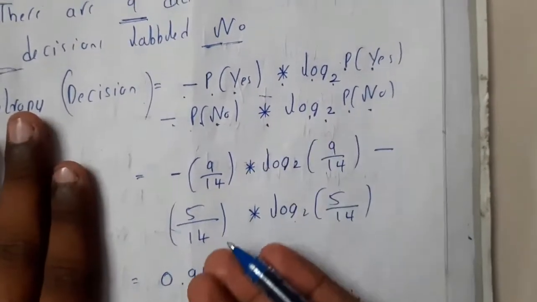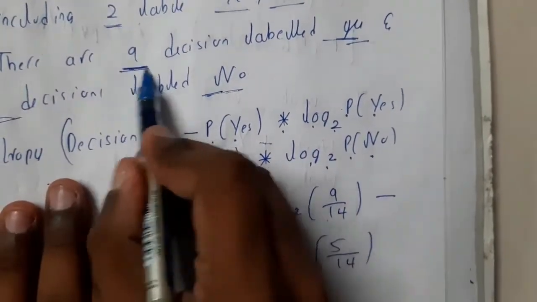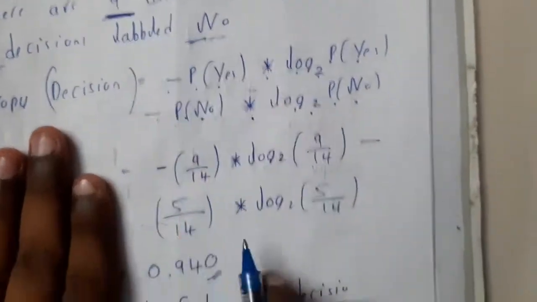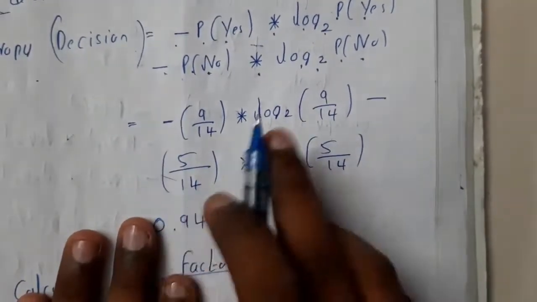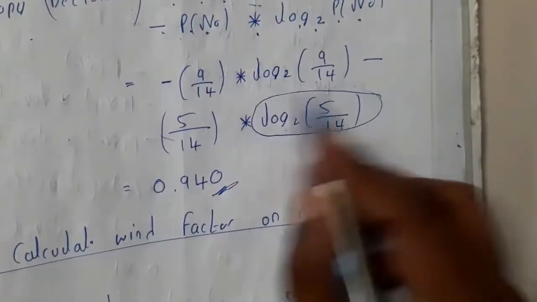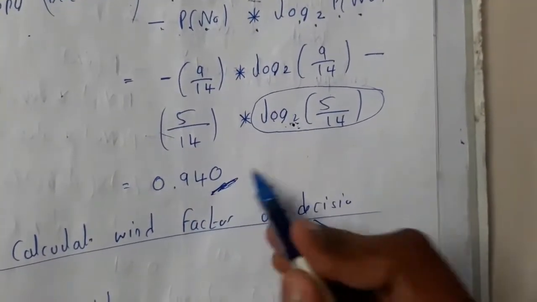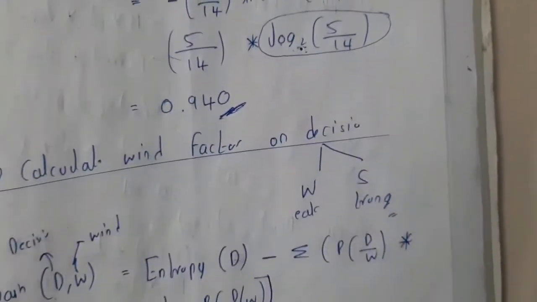I hope everyone knows the probability values which we have discussed previously. So probability of yes, we are having 9 out of 14. So 9 by 14, 9 by 14. We are having 5 no. So 5 by 14, 5 by 14. So using calci, guys, be careful while using calci also. You need to use log base 2, guys. Remember that. So the value will be 0.940.